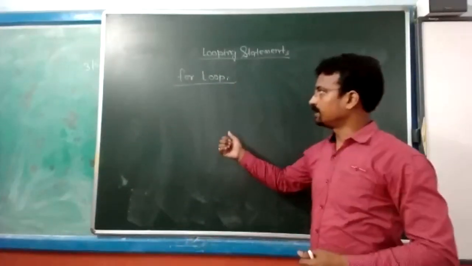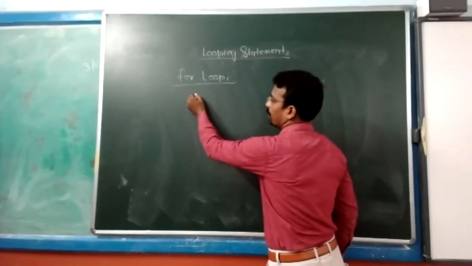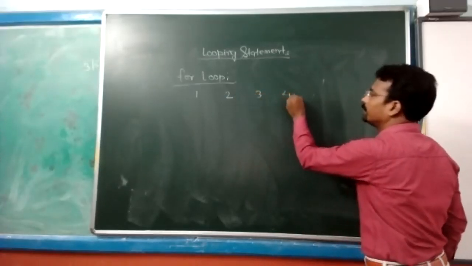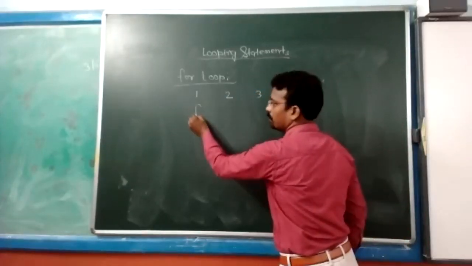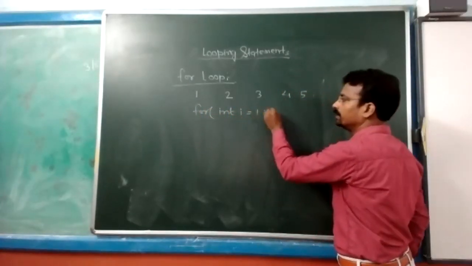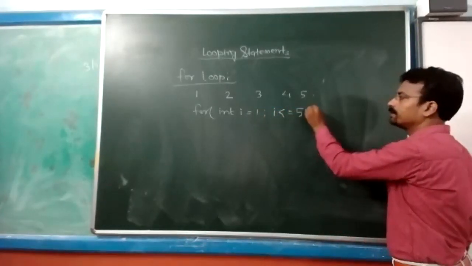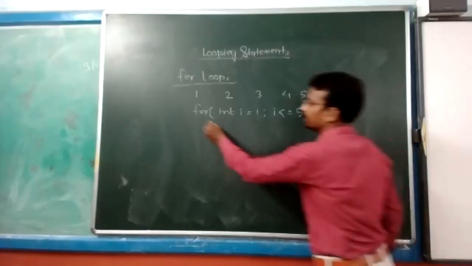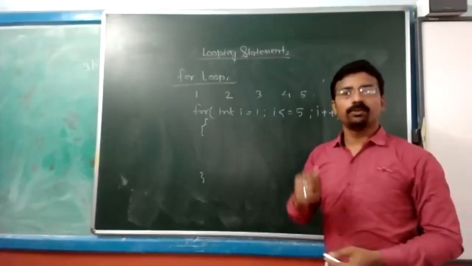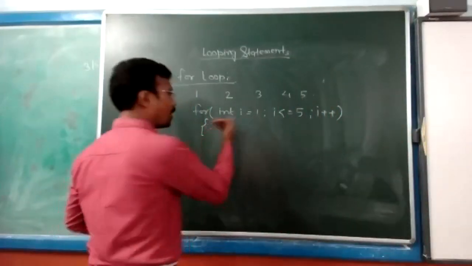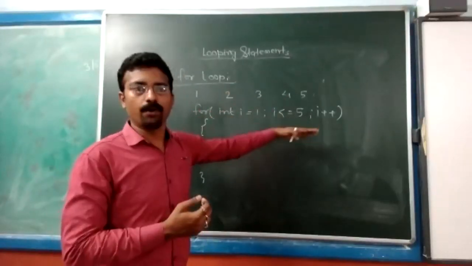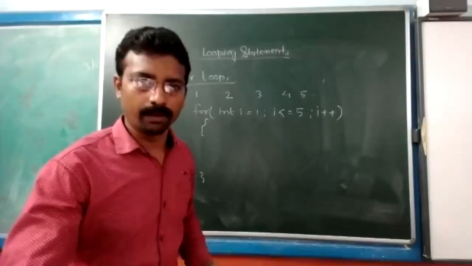Okay. So let us start again. Suppose you are to print 1, 2, 3, 4, 5. I write a program using for loop: integer I equal to 1, I less than or equal to 5, I plus plus. Now in this program, we will try to understand how many options we can skip, or a different way we can write the program.